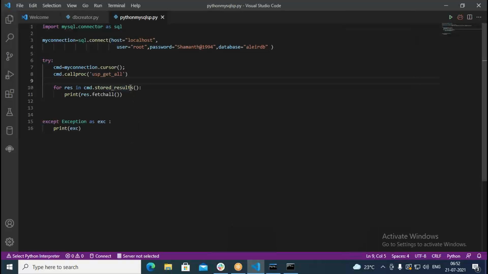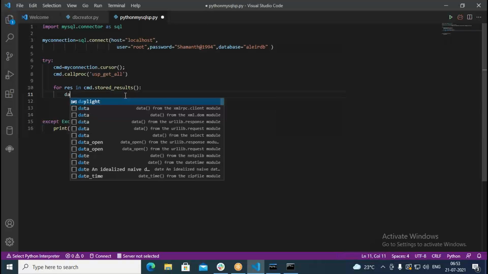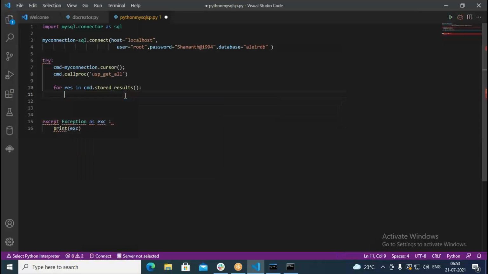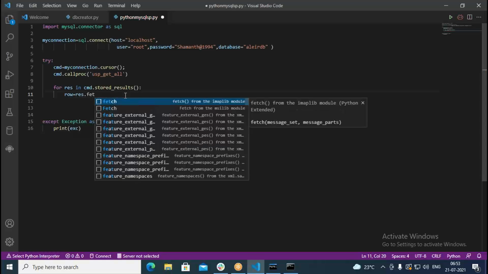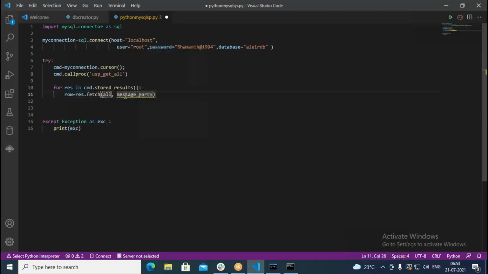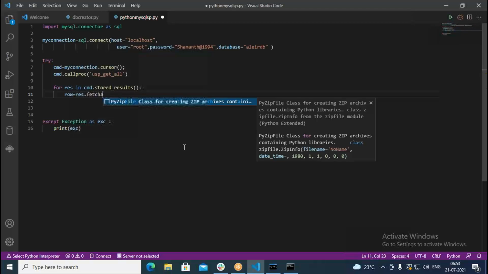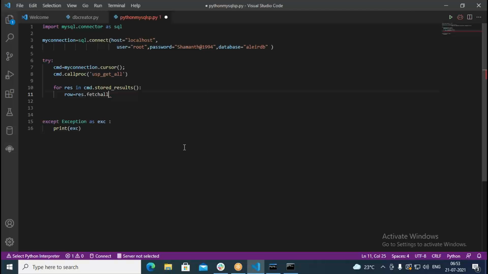Now we further change the code. On the top, we just write rows equal to res.fetchall. So we write the command as fetchall, and we are retrieving all the records from that. Once we are fetching it, one by one again we need to retrieve from the rows.